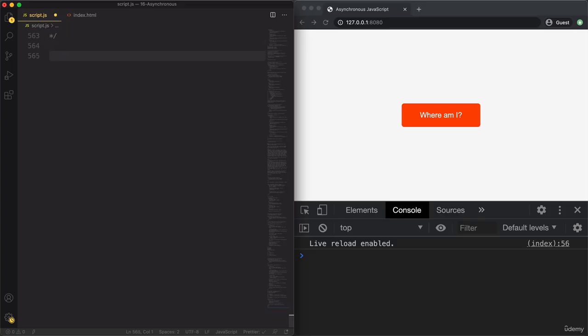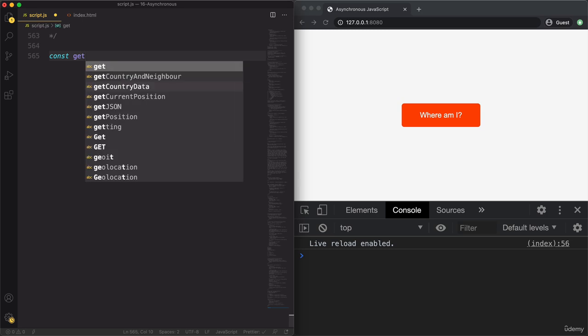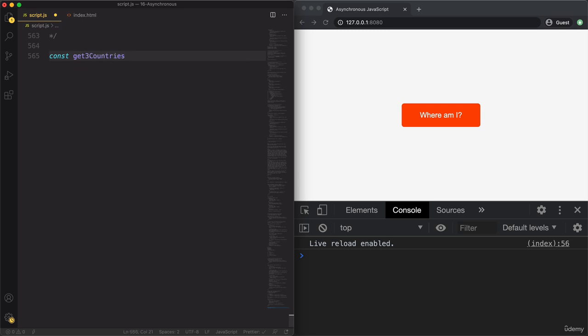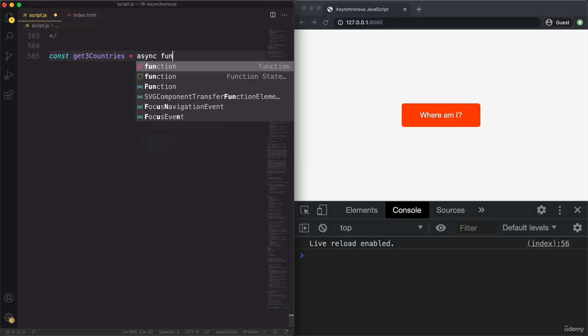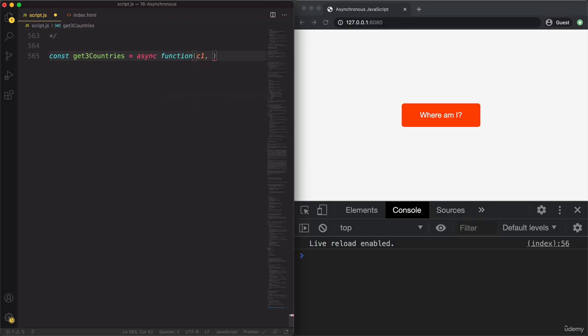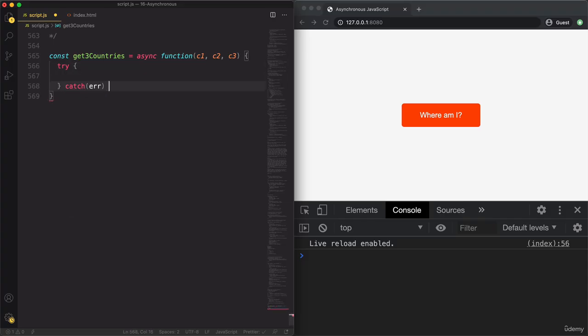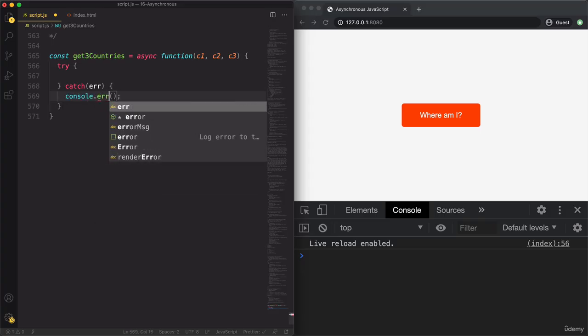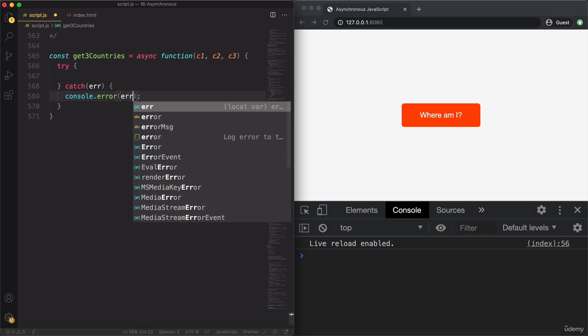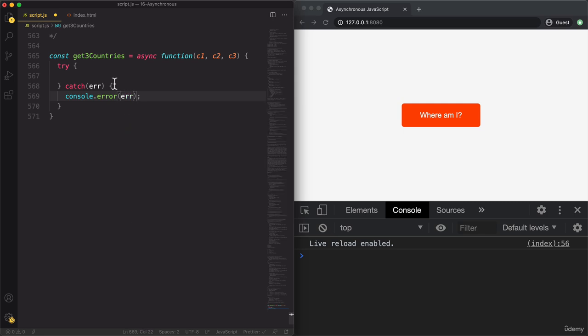as an array. So let's say get 3 countries. And again, it's an async function. So country 1, 2, and 3. And then in an async function, we really always need to wrap our code into a try catch block. Okay. So never work an async function without this. And again, in a real world scenario, you would do real error handling and not just log it to the